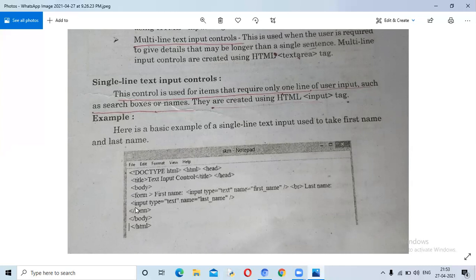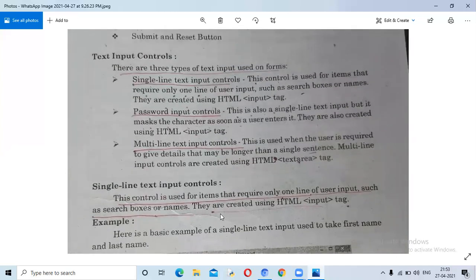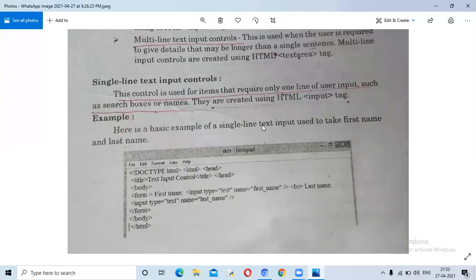Then the body tag portion. Inside the body, the form tag is form, slash form. Inside this I have to write form, first name. Input type is text and name is equal to the variable name of this text box, first name, and here last name. Input type will be text and name is equal to last name. So if I run this HTML code, the output will be like